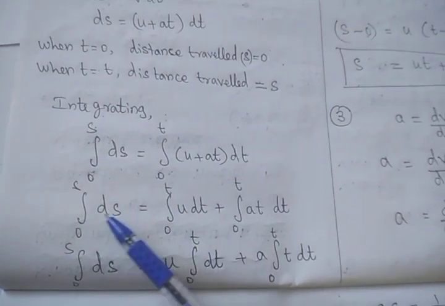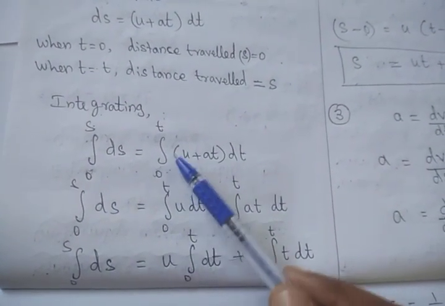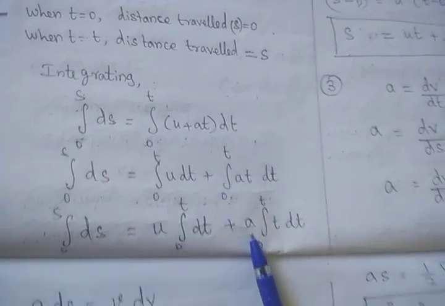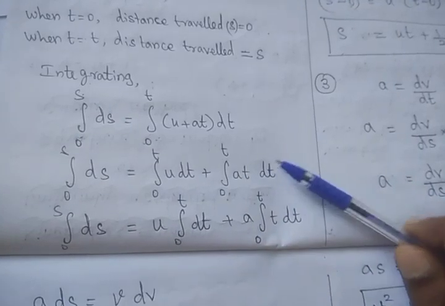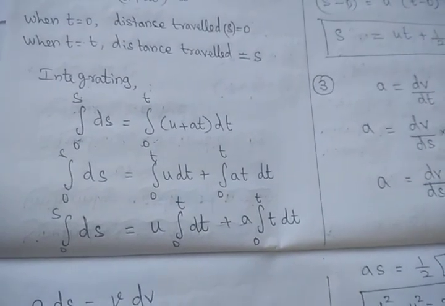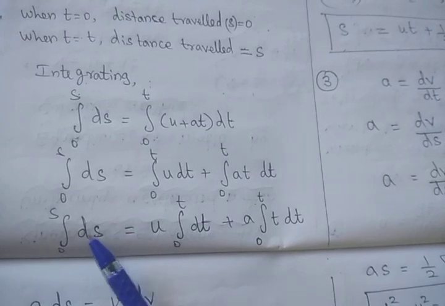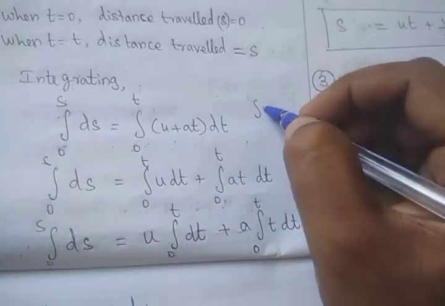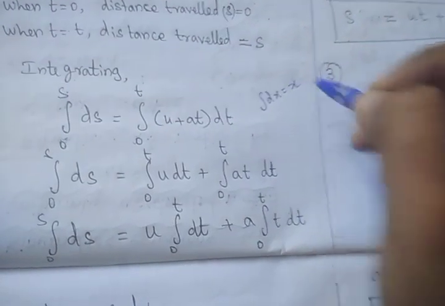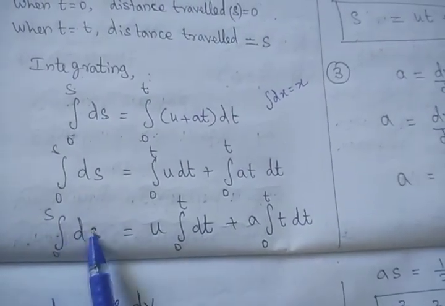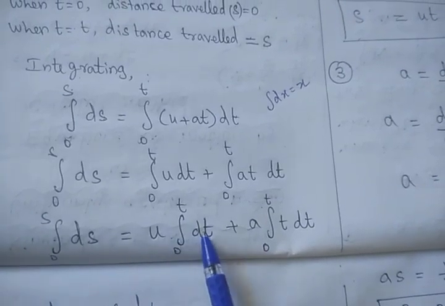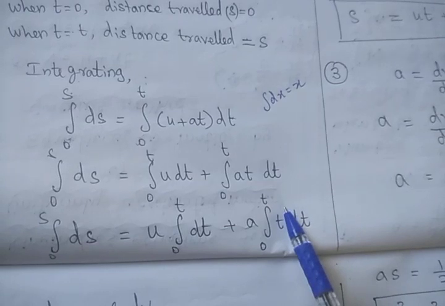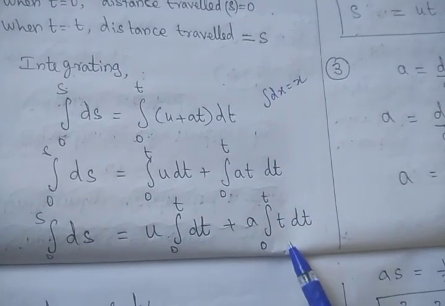So the integration of ds is equal to the integral from 0 to t, and now I will split the integration for the two terms separately. You take the a outside. Very simple, step by step we are moving very clearly. What is the integration of ds? Yes, very good students, because the integration of dx is equal to x, so the integration of ds is s alone. Integration of dt is t alone. But integration of t into dt means it is t power 1, so you have to put t power 1 plus 1 by 1 plus 1.